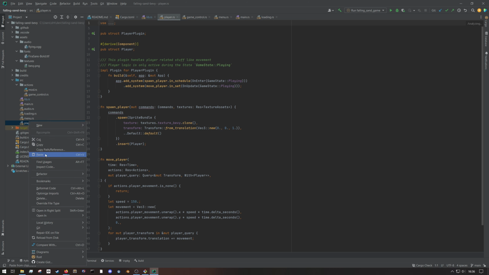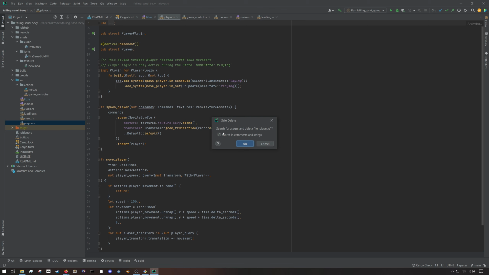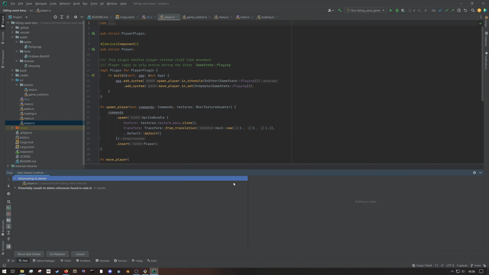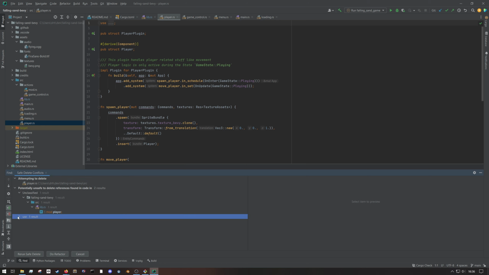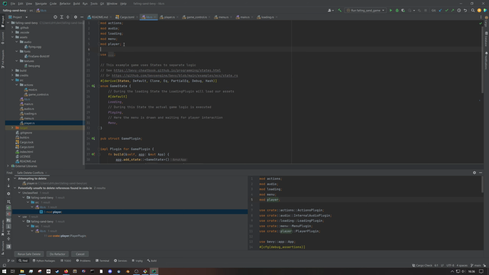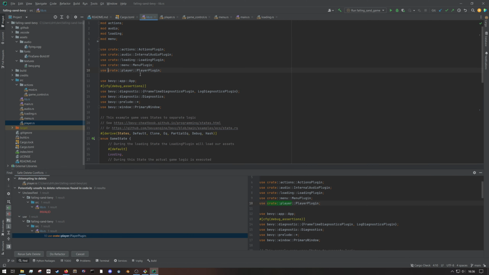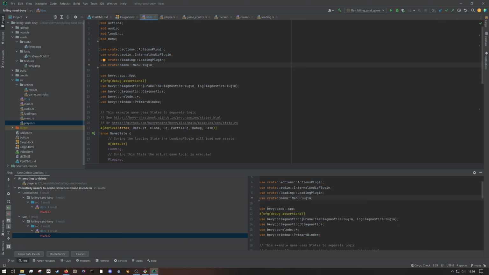This was part of the original template, so I'm going to use this safe delete feature of the IDE, which is going to search in comments and strings and hopefully find all the references. So we've found 2 usages, so let's view those, have a look. So potentially unsafe, we can see where it's found it. So literally in the lib we are just saying, oh yeah, this is one of our modules. Okay, so we'll get rid of that, and then we're using it, of course we are in the lib itself,